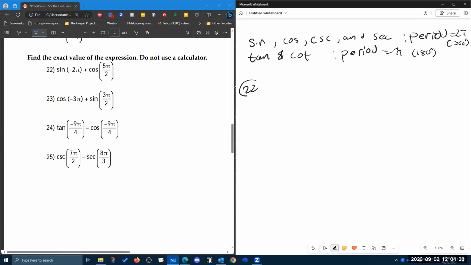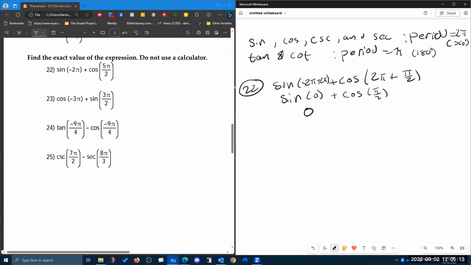So in number 22, this is the same thing as sine of 0, because I can add 2 pi to that, plus cosine of 5 pi divided by 2, which is 2.5 pi. Sine of 0 plus cosine of pi over 2: sine of 0 is 0, and cosine of pi over 2 is 0. Number 23,